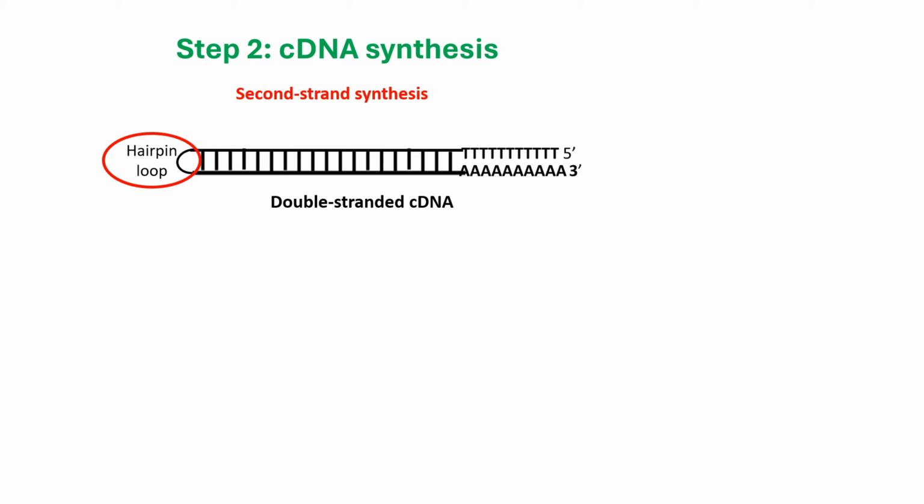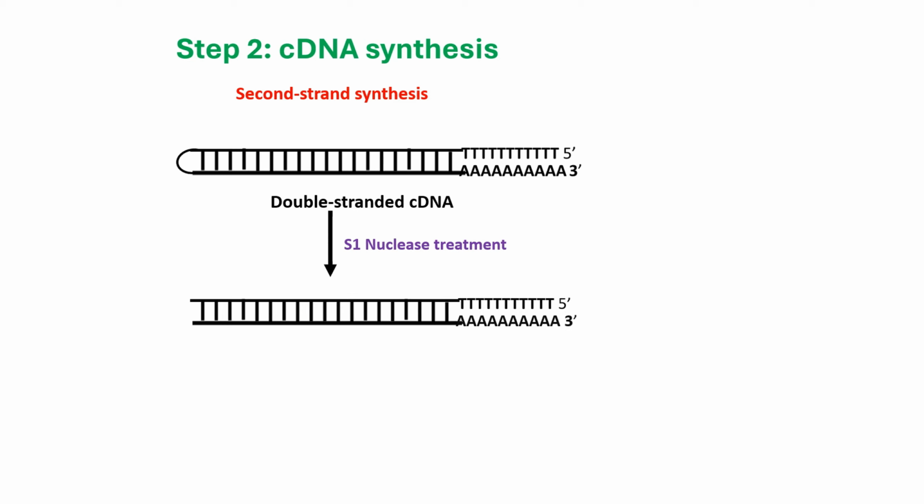We don't want the hairpin loop. So we would have to treat it with an enzyme called S1 nuclease. The S1 nuclease would trim off the hairpin loop attached to one end, leading to a double-stranded cDNA molecule with no hairpin loop. Now we can just move on and use this double-stranded cDNA molecule for our library